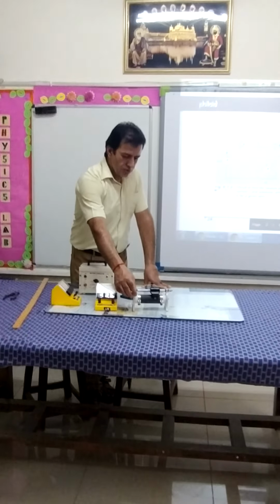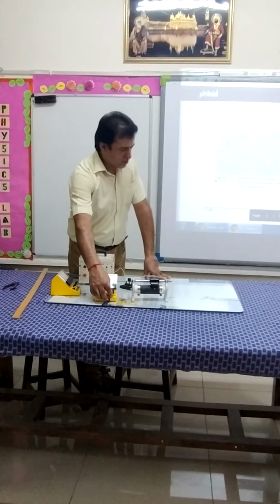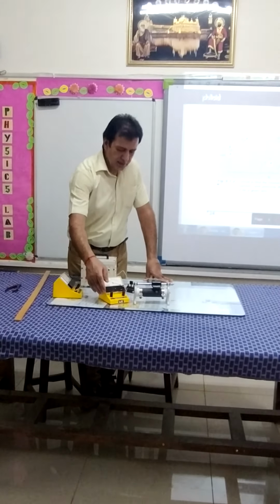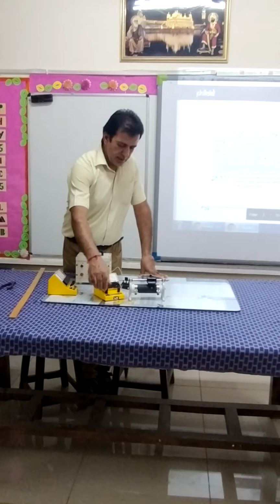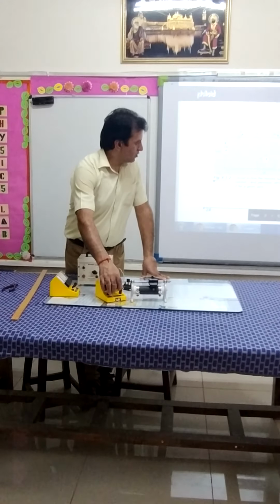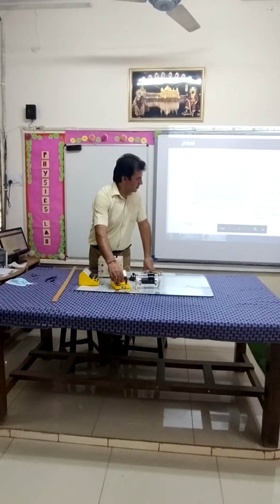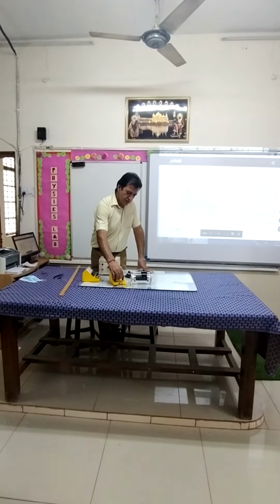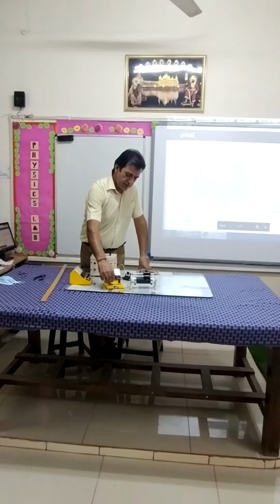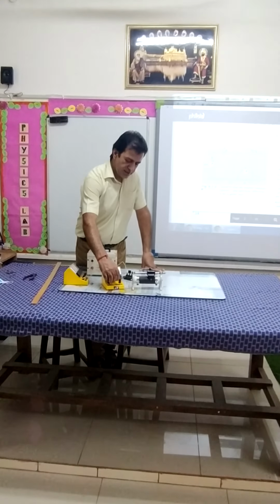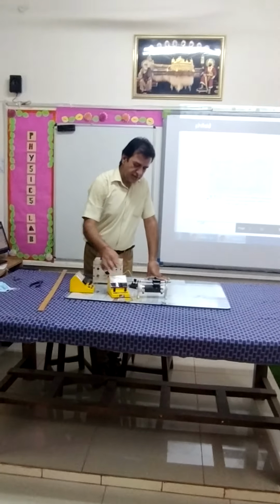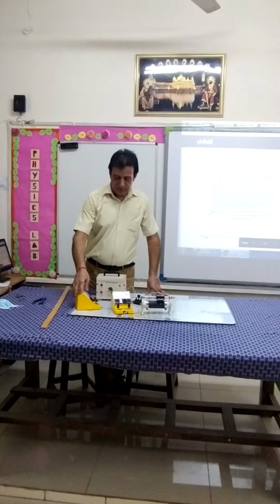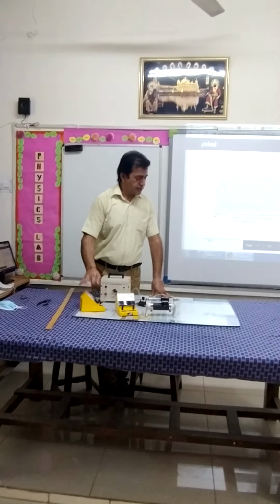and the second terminal of this battery is connected to the rheostat at the upper end, and the lower end of the rheostat is connected to the negative of the voltmeter, and there is a parallel connection of the wire for which we want to find the specific resistance. So this is the wire having uniform cross sectional area,